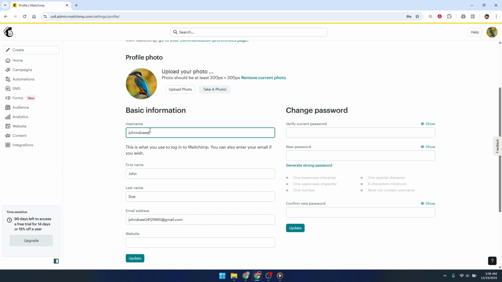Before you move on, make sure this new email address is one you can currently access, since Mailchimp may send confirmation messages or security alerts to it. If you're switching to a work email, confirm that it's active and that you have permission to use it for your Mailchimp account. After you've entered the new email, look for a button that says Update, Save, or something similar